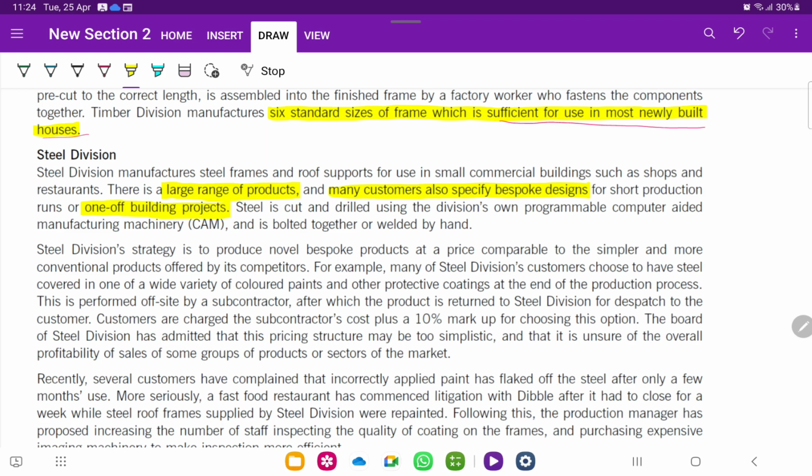It will not be required for the next projects. I mean, this is a one-off kind of thing, right? You manufactured it and that's it. You will not be needing to manufacture the product again in future. Steel is cut and drilled using the division's own programmable computer-aided manufacturing machinery and is bolted together and welded